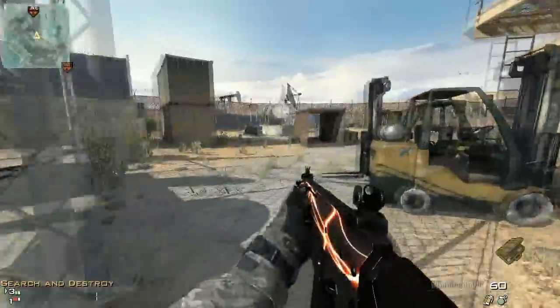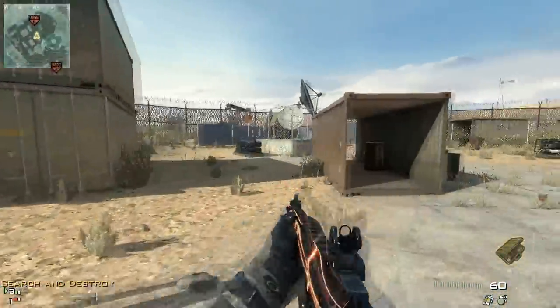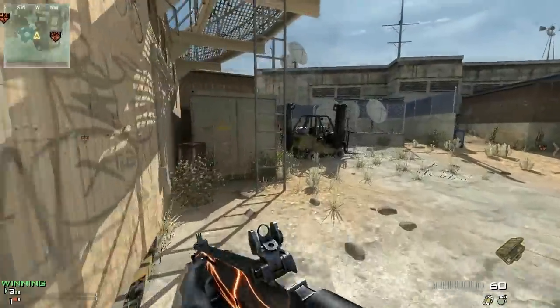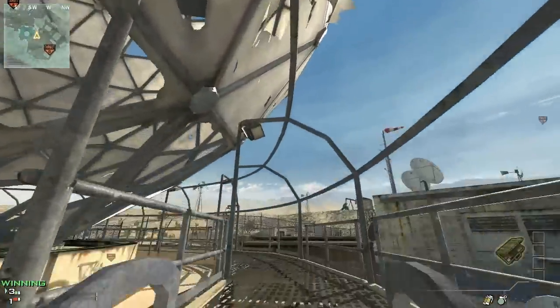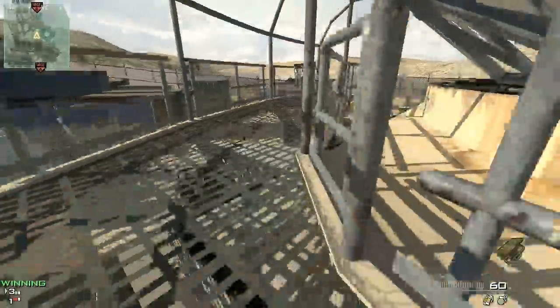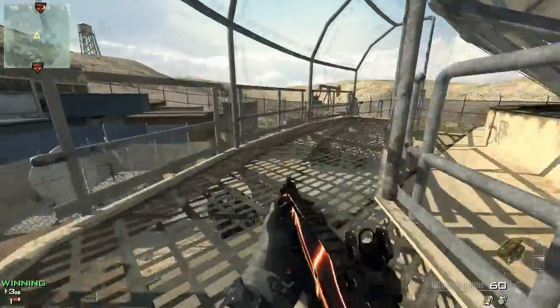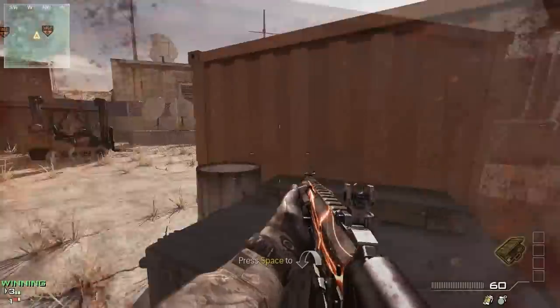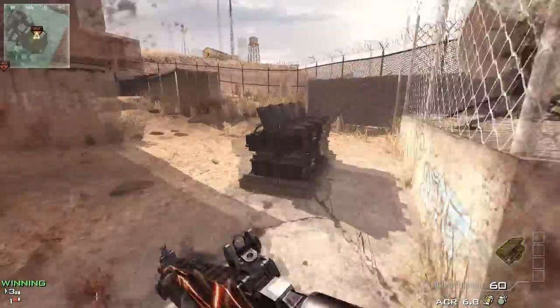So, planting it at B is just your best bet anyway because it's easier to get to the B-bomb site for one, and there's just so many places to defend it from. You can even get all the way up here on the catwalk, and you can still see the bomb from here. But for uncommon spots, all these places are common, but even though you'll still win